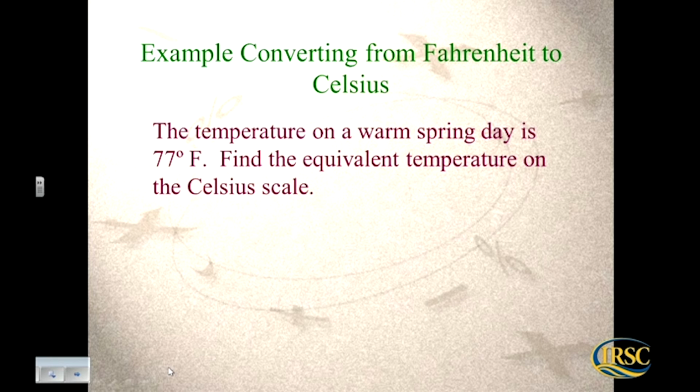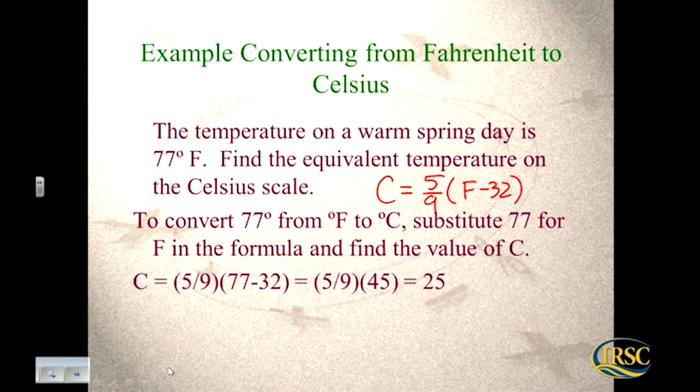Okay, the temperature on a warm spring day is 77 degrees Fahrenheit. Find the equivalent temperature on a Celsius scale. So this means that you're using your other formula. Okay, so substituting in your 77, what do you have to do first? 77 minus 32. Do the subtraction first, and then multiply by your fraction. Okay, so substituting in, 77 minus 32 is 45, and when you multiply by the fraction, you get 25 degrees